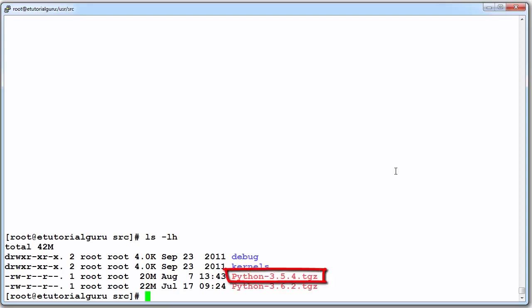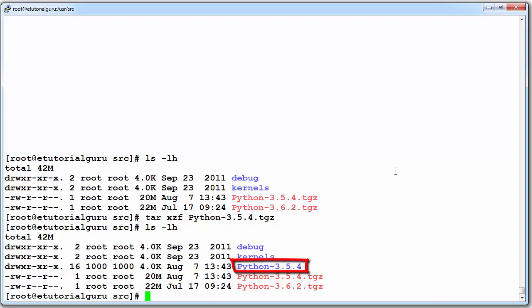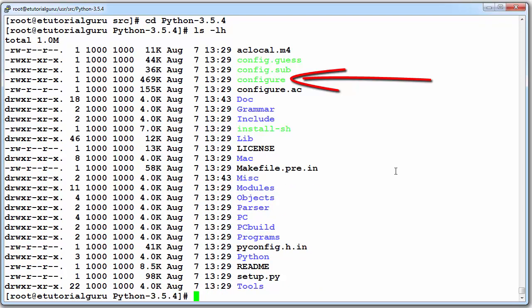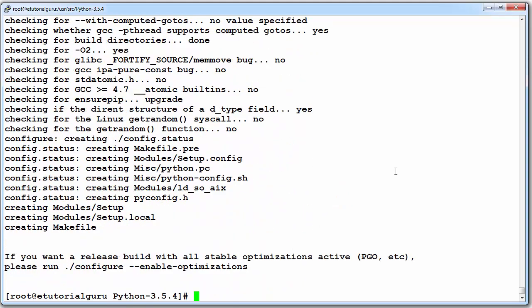Now first I will install Python 3.5.4. So let's extract the files. As you can see that there is a new directory with the name Python 3.5.4. Let's move into this directory. Now here we have to run this configure file. Press enter. And now I will install the Python